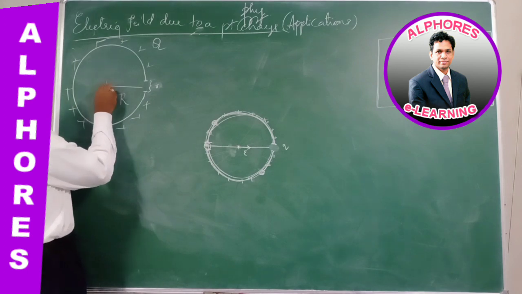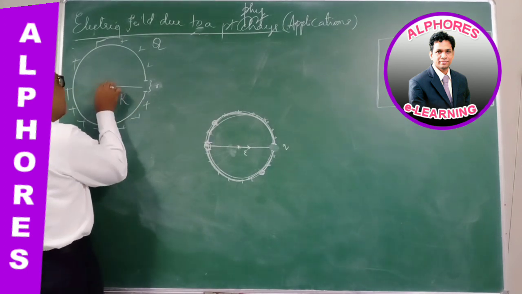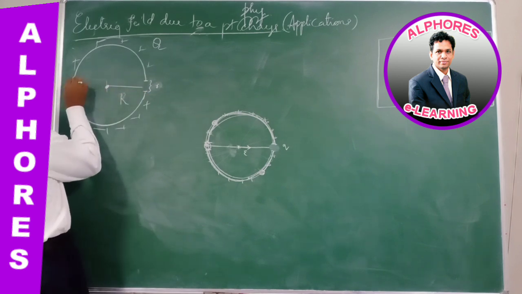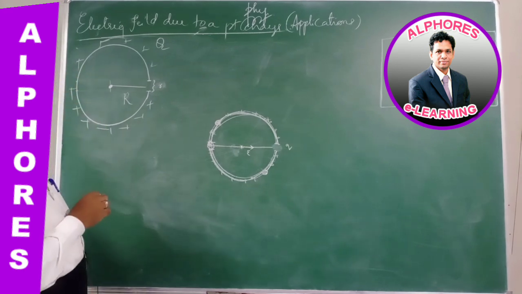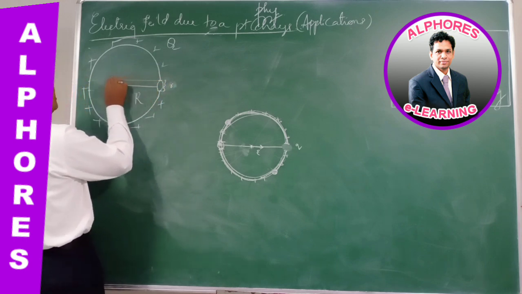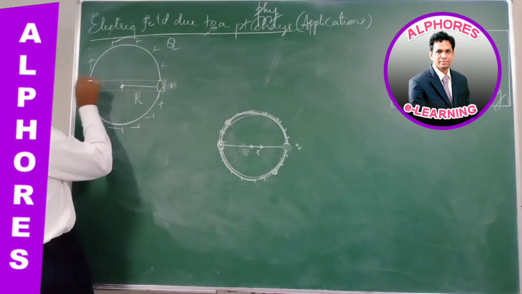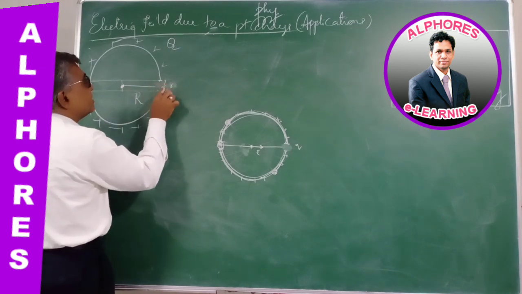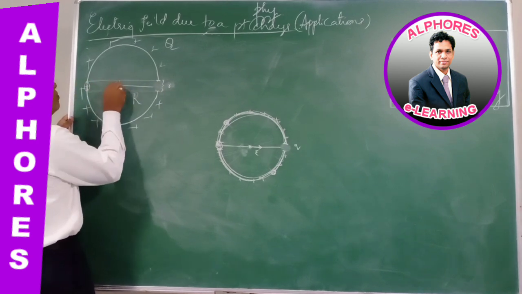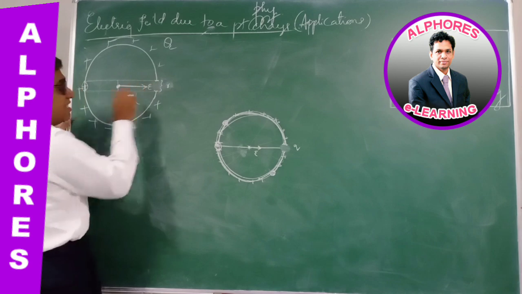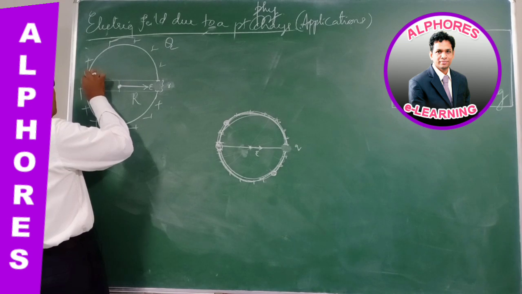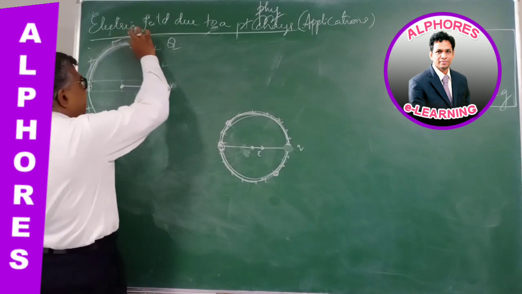Therefore, the resultant electric field at this point is equal to the field produced by the corresponding diametrically opposite part of the ring there, right? This small part is like this, and the diametrically opposite corresponding point is here. So this part of the charge is absent, given in the problem. So the field due to this is absent, but the field due to this part will exist here, unneutralized, unbalanced, uncancelled.